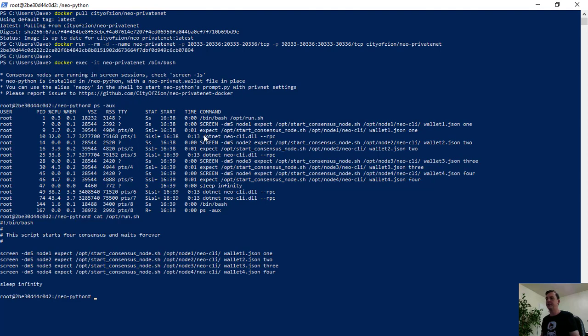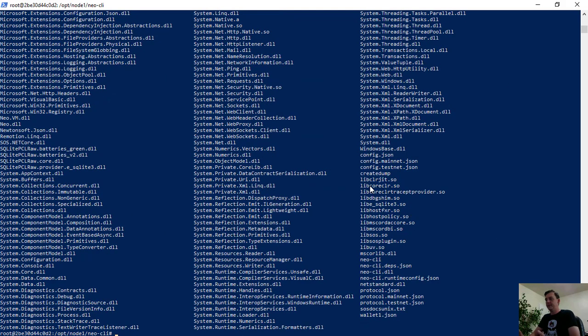But you'll actually see here that there are instances of dotnet neo-cli running. 1, 2, 3, 4. And what we can do is navigate to those. They will be in opt, node, whatever number, neo-cli. If we list it out, we get all these files. The big thing we want to look at here is